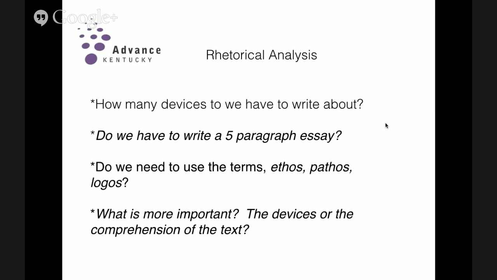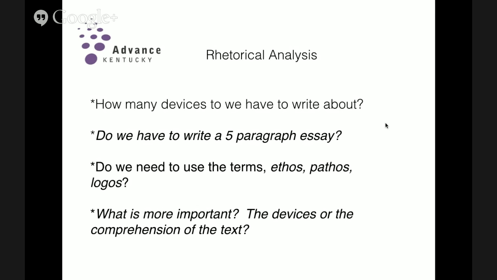So when I'm teaching rhetorical analysis, I teach it as the cornerstone class. When you are reading the multiple choice passages, you should be doing rhetorical analysis. You should be annotating and looking for those devices and how the author is using language. For the rhetorical analysis essay, that's what you do for the essay. And even to a certain extent with the argument essay, you're doing rhetorical analysis of the pieces in your head that you're going to use for your argument. So this is really important, that you understand how to do rhetorical analysis.